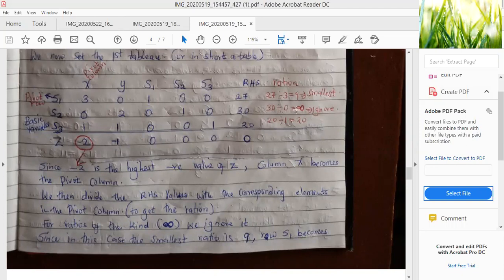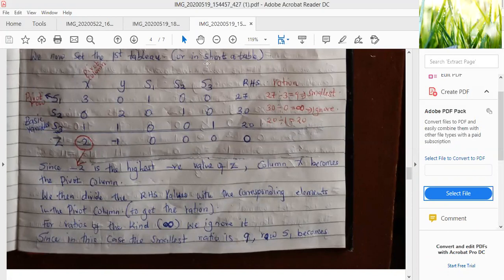Now, among the variables 9, infinity, and 20, which one do we go for? We want to find the smallest ratio. Usually, we ignore any value of the kind a number divided by 0, which becomes infinity. Also, you ignore any value of the kind 0 divided by 0. I repeat, the values that we ignore when we have found our ratios are of the kind infinity, as well as any value that is of the kind 0 divided by 0, because in mathematics, we know that is an undeterminable